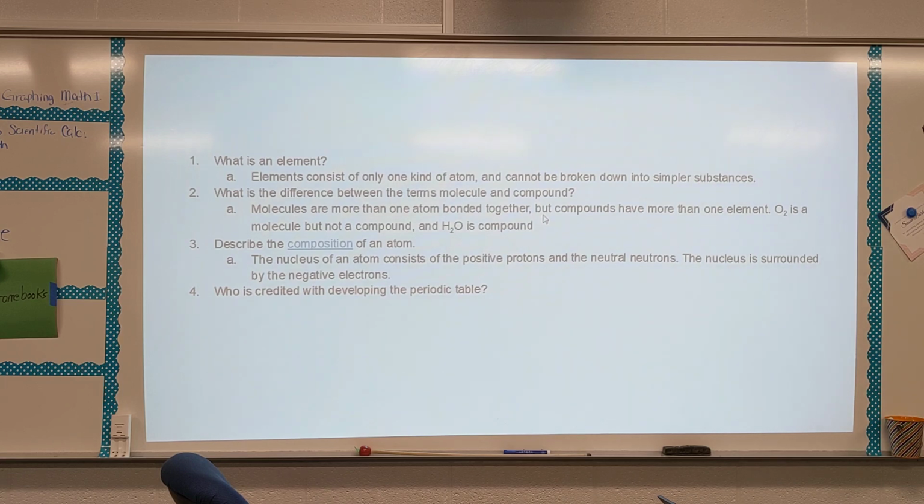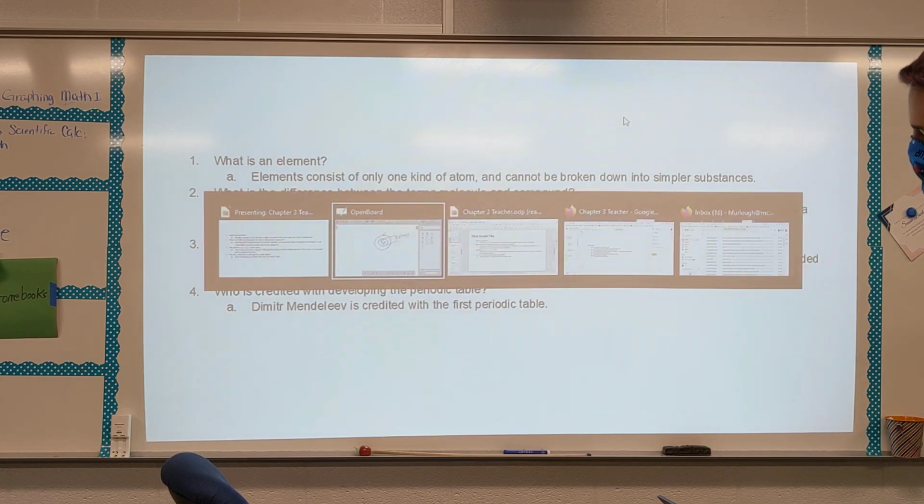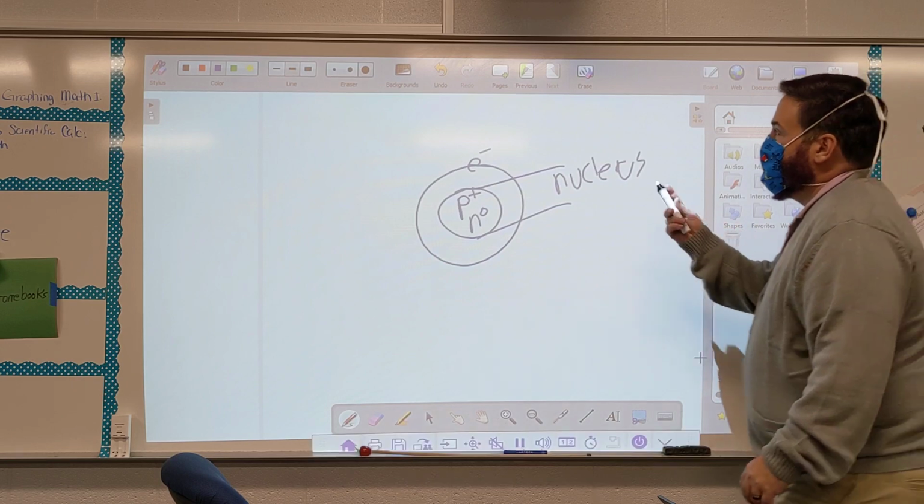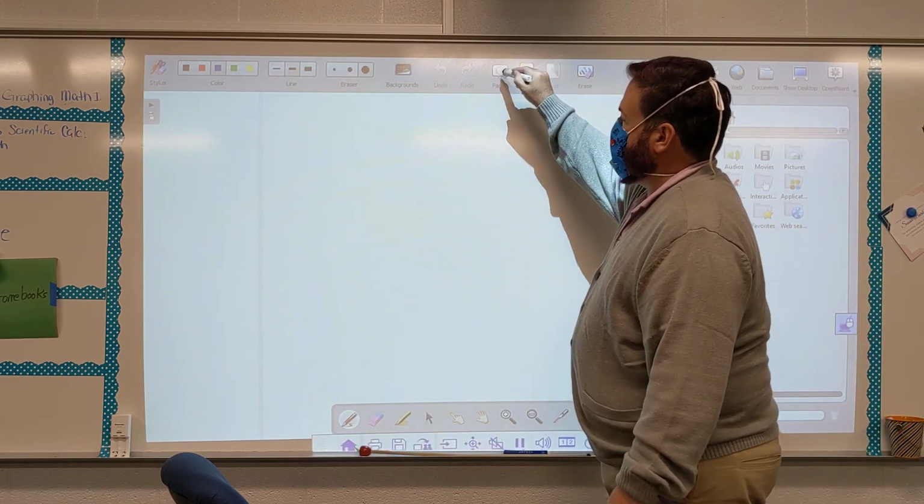Who is credited with developing the periodic table? That's, sorry, Dmitri Mendeleev. I knew his name started with a D, I just didn't remember what it was. And then, real quick, the thing with the periodic table